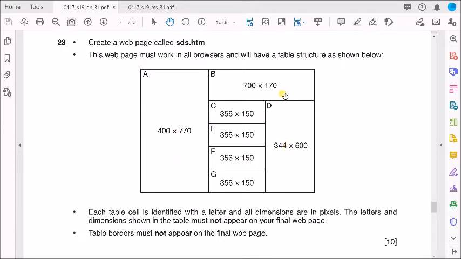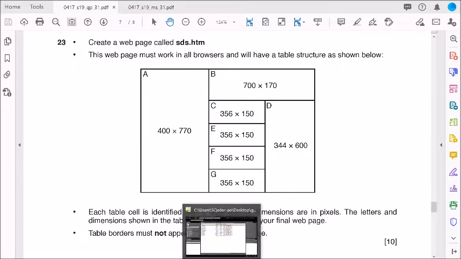It's up to you. Now each table cell is identified with the letter and dimensions. The letters and dimensions must not be appearing. Also, table borders must not appear on the final web page, so it will be invisible, like I will do it as a border of 0. Now let's go to the